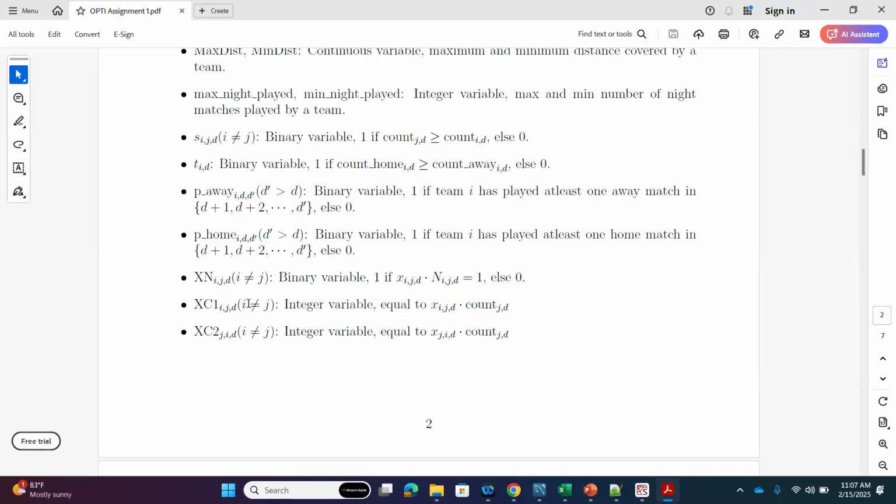NIGD denotes whether it was a night or day match. This one is night. XIGD is whether it was a match between I and J in the home stadium of I. That's what XIGD is. NIGD denotes whether that match was a night match or a day match. And XNIGD is just the product of these